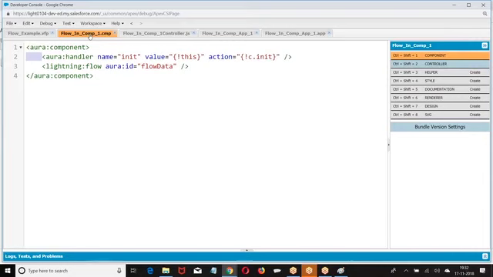When you click on the button, go to the client-side controller, say component.find ID.startFlow, name of the flow. This is including an already existing flow within the Lightning component. The flow is already created, and that flow we are calling within the Lightning component.